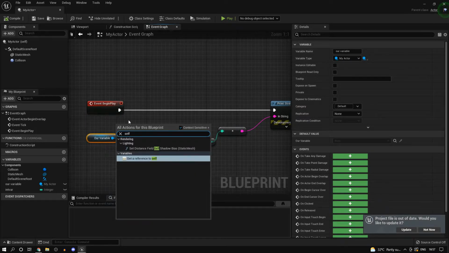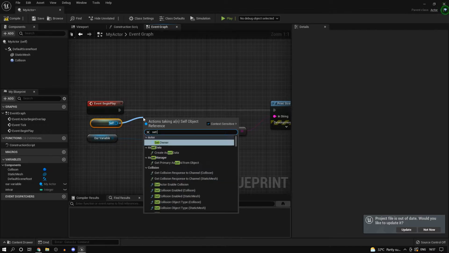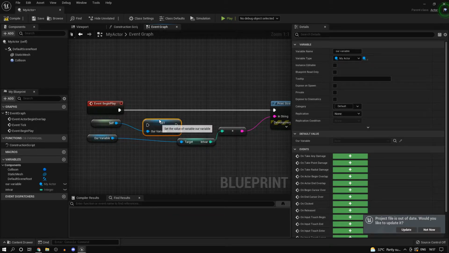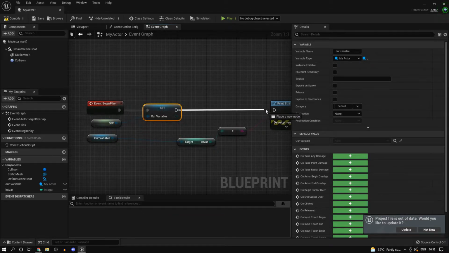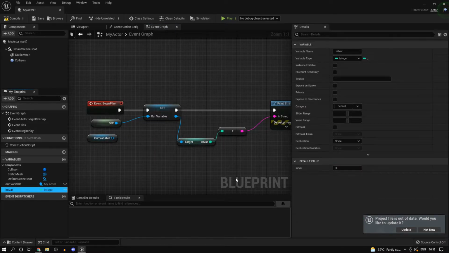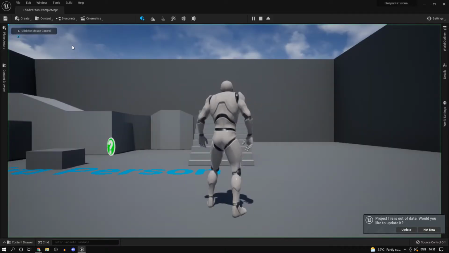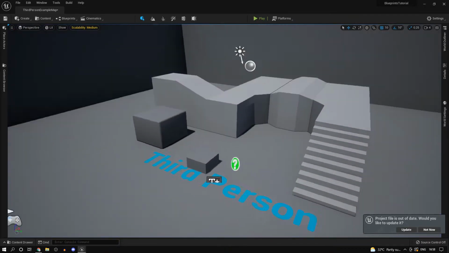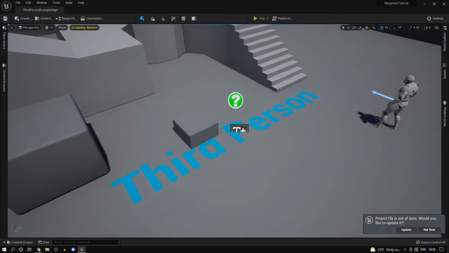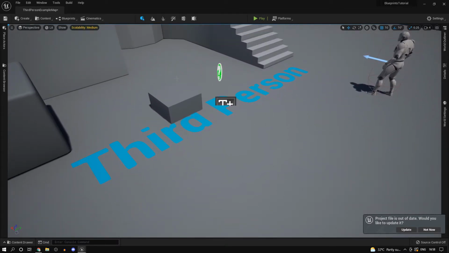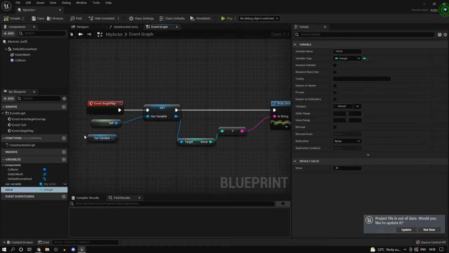So you could get a reference to self actually, and set that to our variable. And now instead of dragging from this, you could just drag it off of here. If you go ahead and change this value, compile that and press play, you should get 21 and no errors. And if you guys are wondering why you are not getting the print string, some of you might have not dragged it into the level. That's basically it.